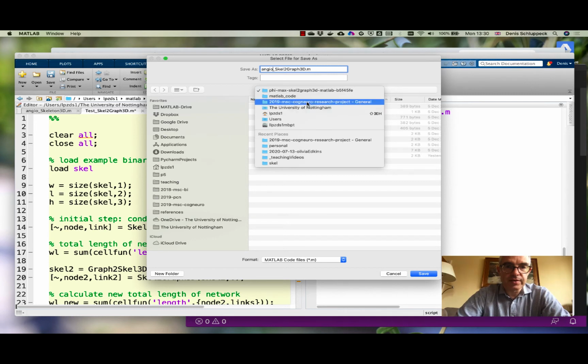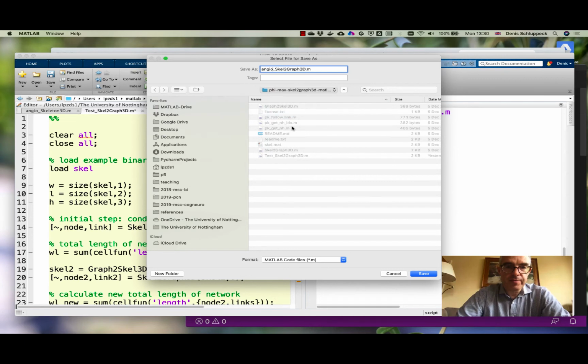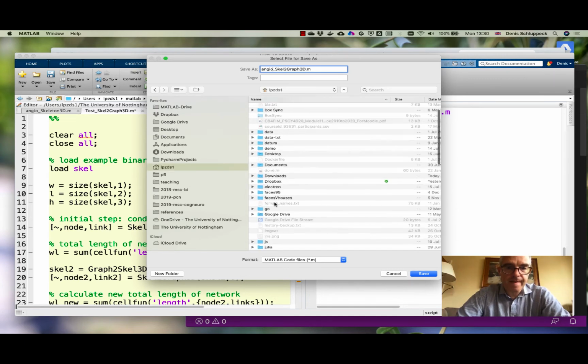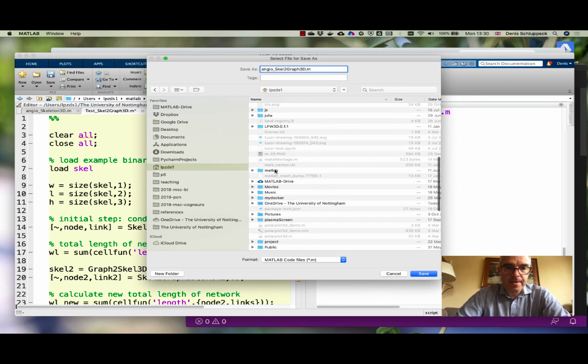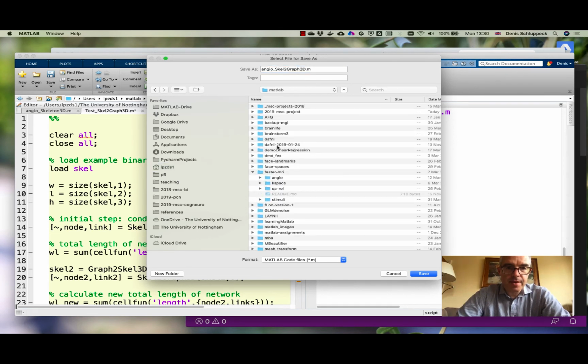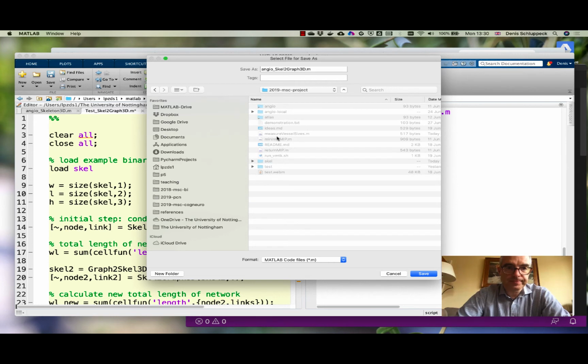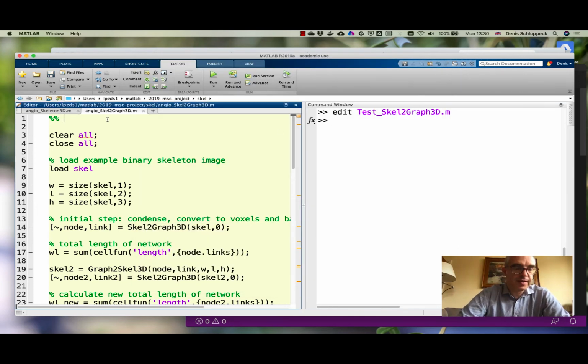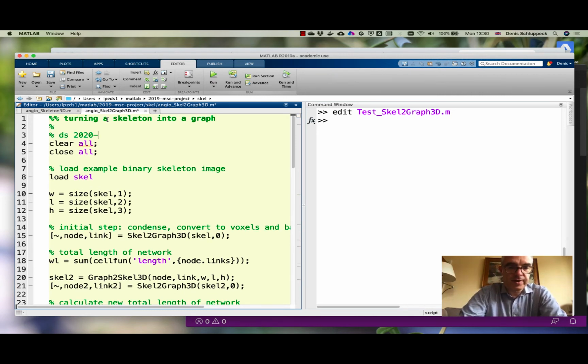So this is in my MATLAB folder, in MC project inside the skeleton folder. Okay, let's save this here. Turning skeleton into graph, not the other way around. Okay, so now I can say DS 2027 based on example